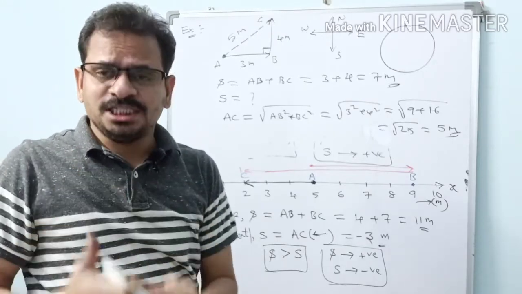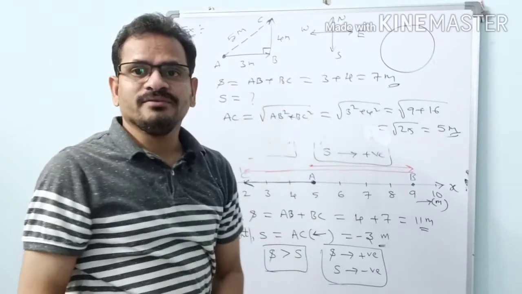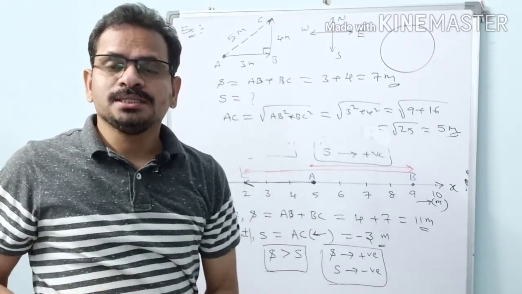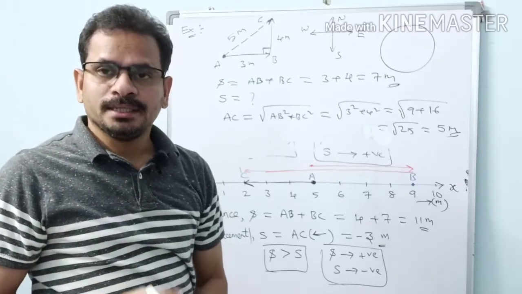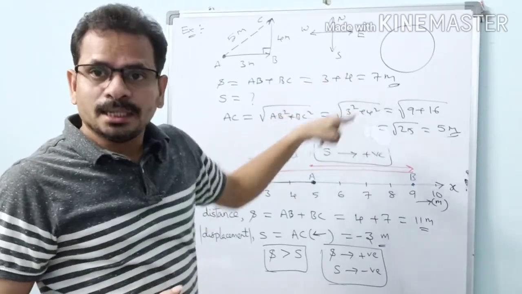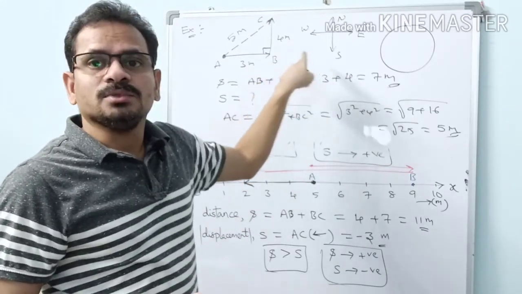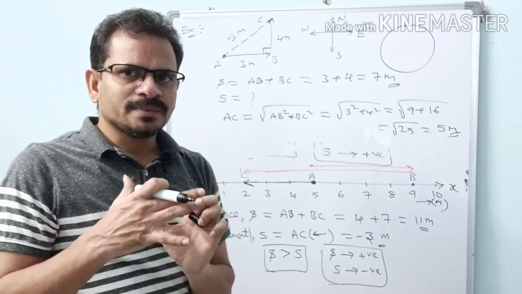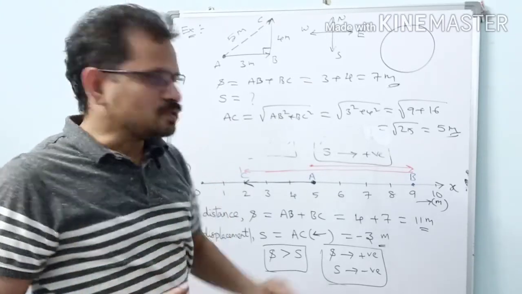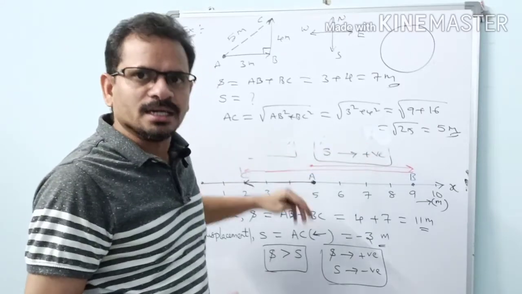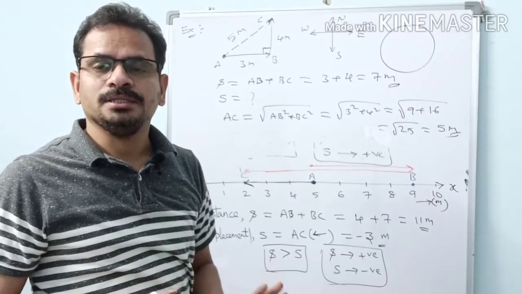To differentiate between distance and displacement, these examples were given in those books, but actually students are left under confusion. They think that these also come under this chapter, under straight line motion. What we are dealing with in this chapter is motion along a straight line only. So these problems do not have any role in our chapter actually. You should know the difference here.